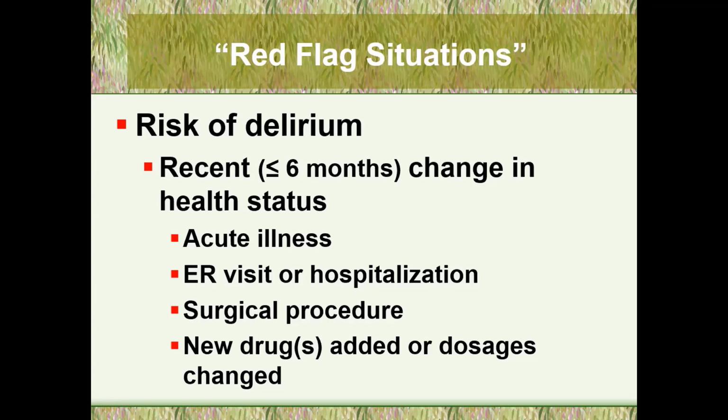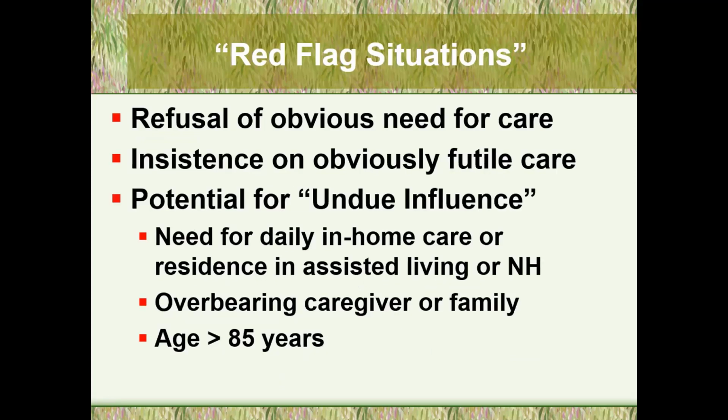Because they may have a delirium, which can be impairing their capacity to make decisions, and because that delirium could be persisting for several months afterwards. So if you're encountering somebody who's got a medical problem within the last 6 months, you'd really be skeptical about their decision-making capacity unless it's very obvious to you that they're crystal clear. And when in doubt, request an evaluation. Next slide, please. Some more red flag situations, which I know many of you have experienced, is a person who